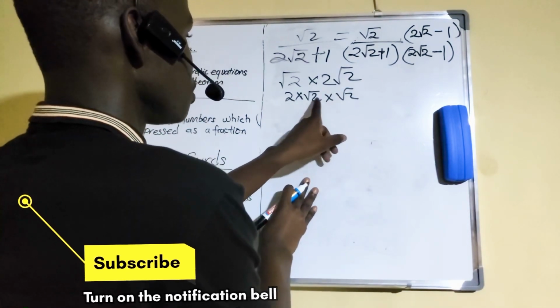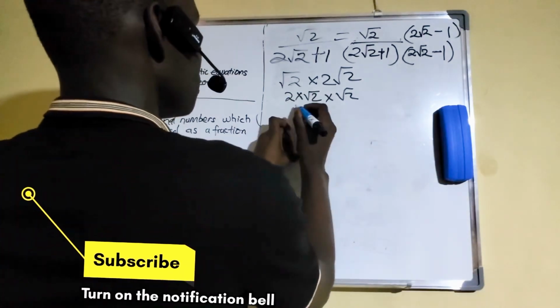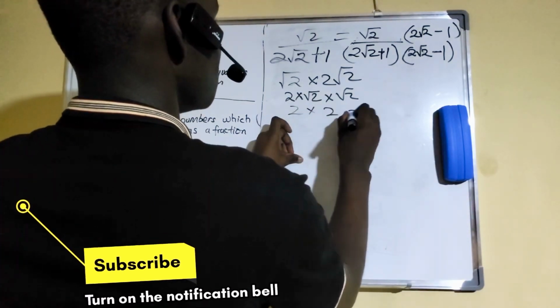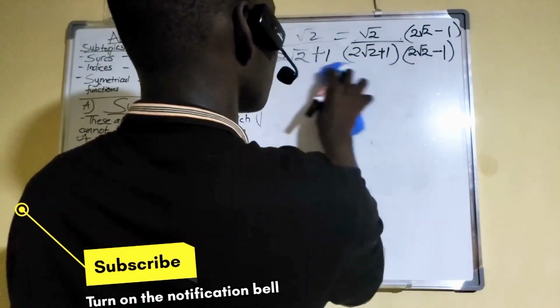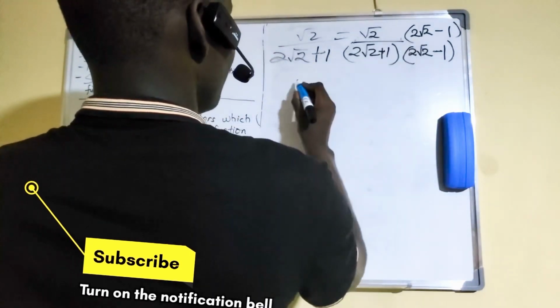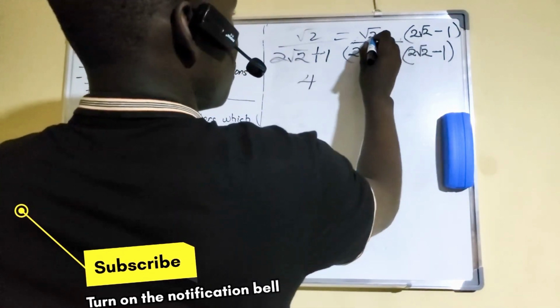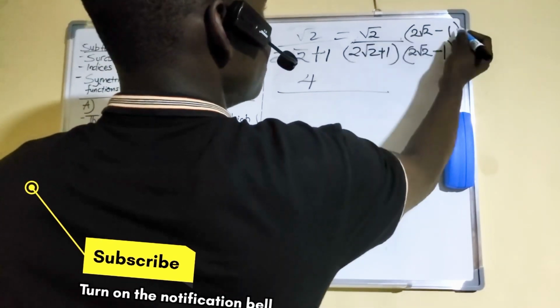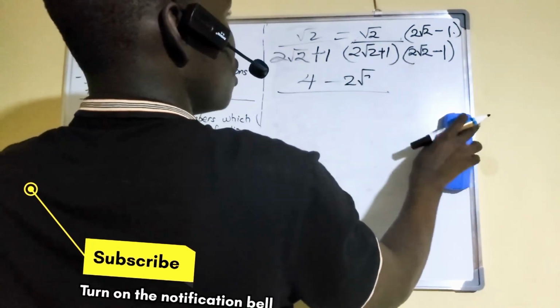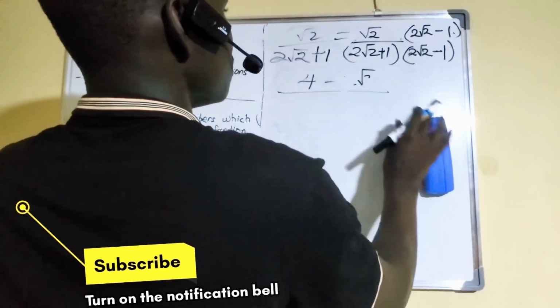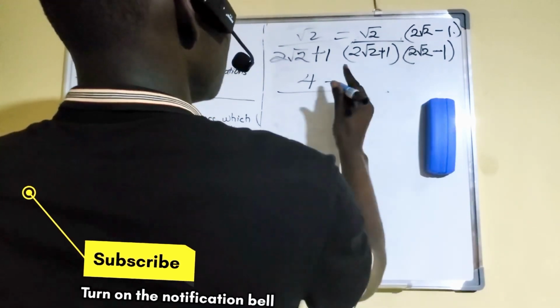Root 2 times root 2 is a 2 times a 2, which gives me a 4. Now up here I have a 4. Now root 2 times negative 1, that is a negative root 2, and a 2, this is a negative